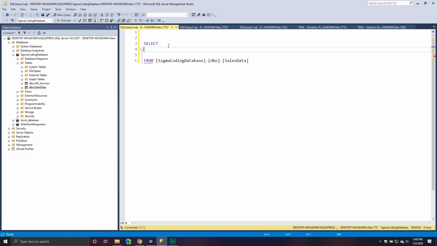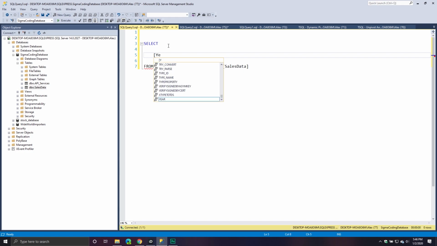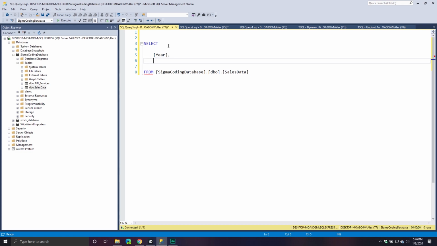And with this one, it's going to be a little bit tricky. It's not necessarily intuitive right away, but we're going to select our year column. And then here comes the fun part. Technically we don't need it, but we'll just keep it for right now. We're going to basically select our year column again, but we're going to do something special with it. We're going to first cast our year column as nvarchar. And in this case, it's just going to be 5 characters long. So it's just a numeric